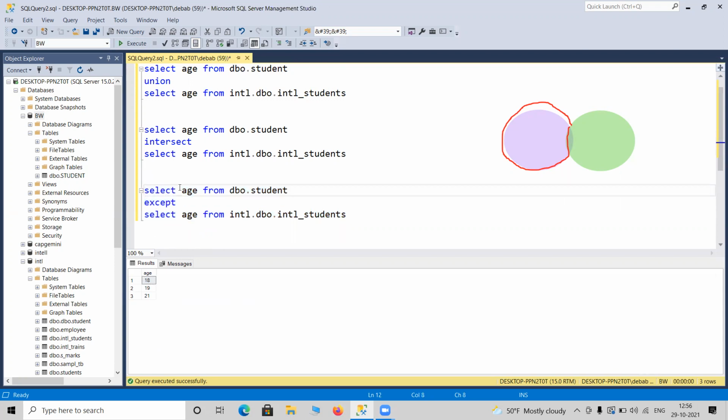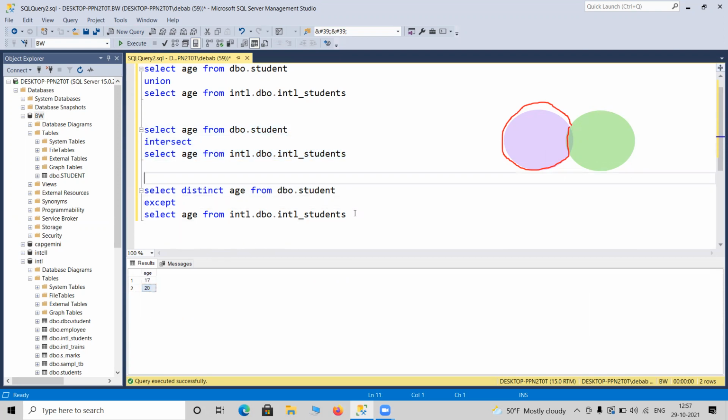So if I take a look the distinct values here, then it will be more clear, I guess. We have only 5 values: 17, 18, 19, 20, and 21. So it is not going to show the data which is also present in the common part. In the common part, the two values were 17 and 20.